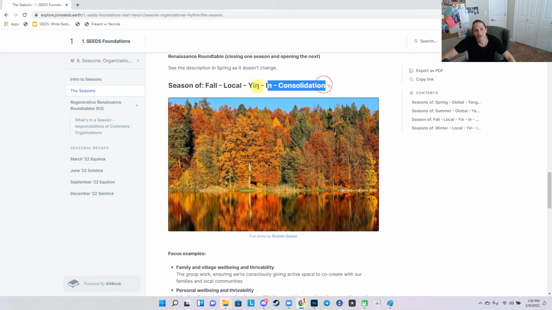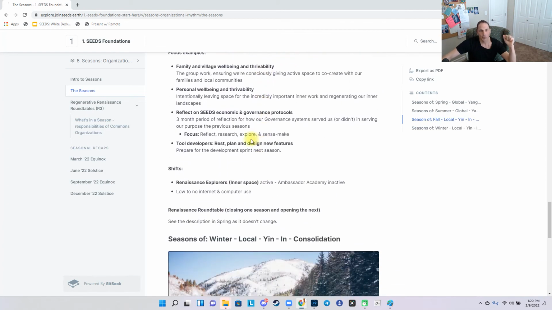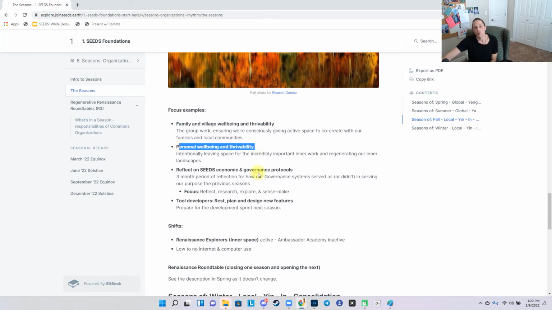Season of fall. So this is when we move towards local yin and we start contracting and consolidating some of that energy. So this is where we might focus on personal well-being and thrivability. We'll reflect on what happened the last few seasons, on our economic and governance protocols. So this is where we have time to reflect, research, explore, make sense, have community dialogues around what's working, what's